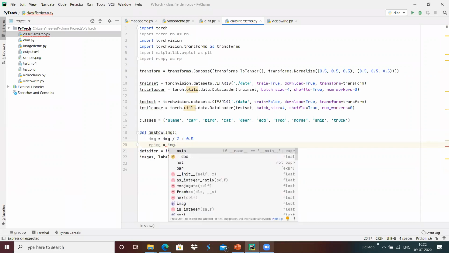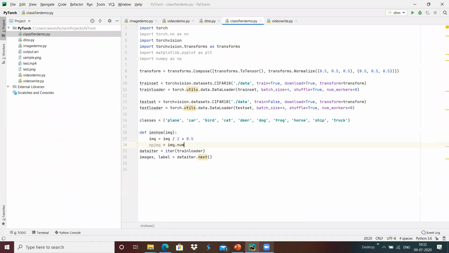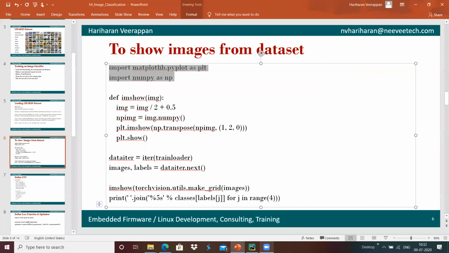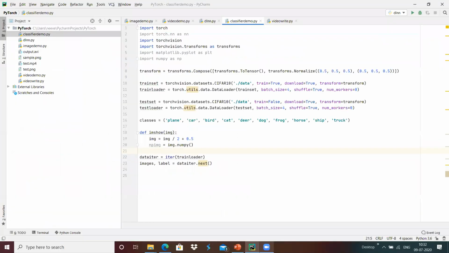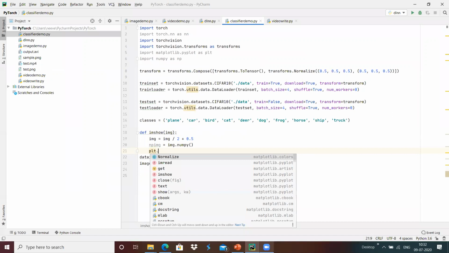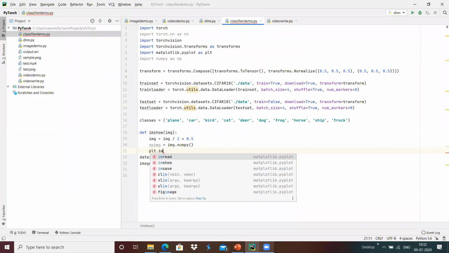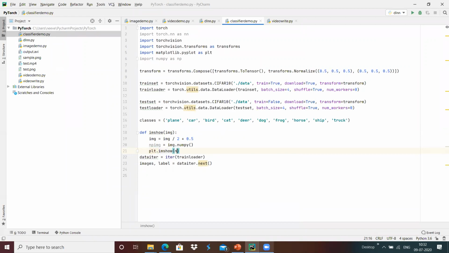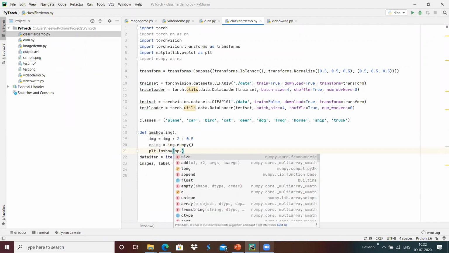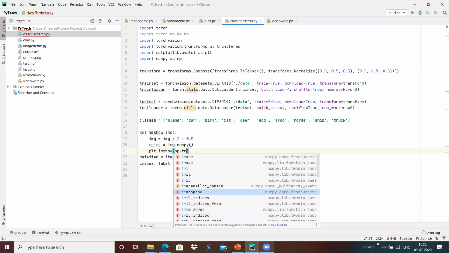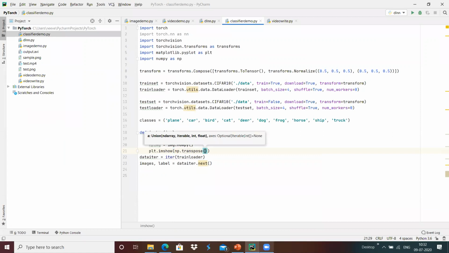I'm going to convert img dot numpy over here. Once it is converted into the numpy array, we can use that to show with plt dot imshow, which contains np, the numerical Python, and we are going to do that transpose over here with the np array, where we are going to pass the np image.